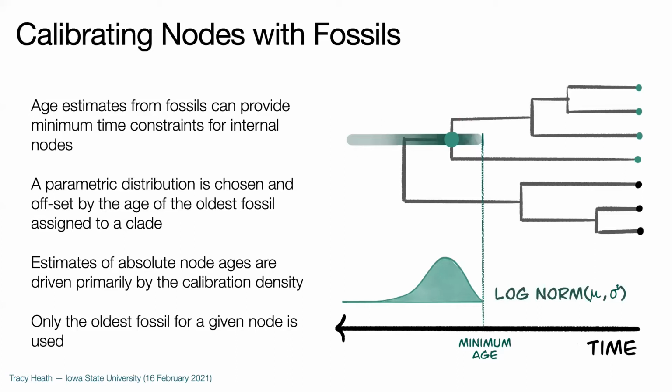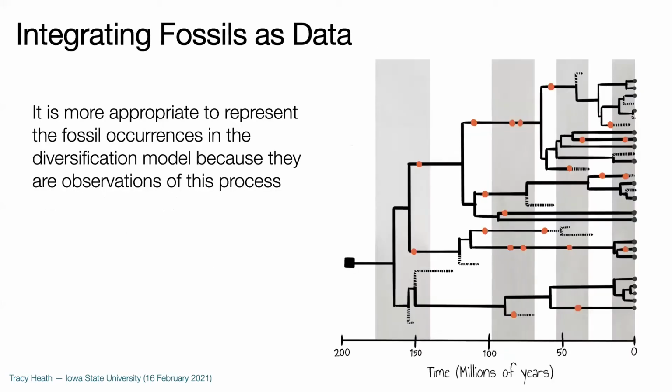And so this leads us to seek ways where we can better integrate more of the information from the fossil record to get at estimating ages of trees with extant taxa. It really is because of what we understand about these fossil species, that they are part of this overall diversification process that gave rise to our tree of extant taxa. Then what makes sense is that it's much more appropriate to represent these fossil species as fully integrated into this